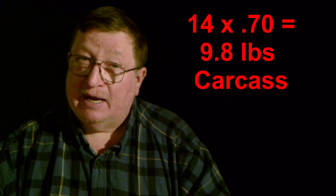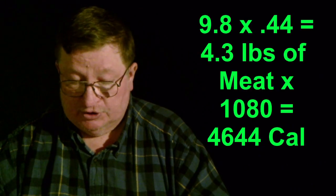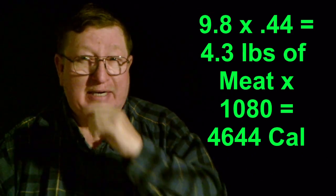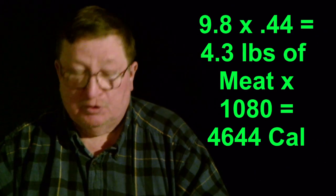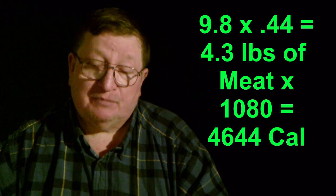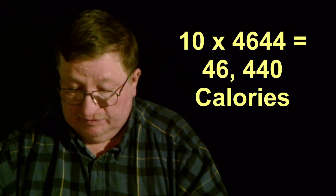Well, that 14-pound bird is going to yield you a 9.8-pound carcass. And then that carcass is going to yield you 4.3 pounds of meat. Well, goose meat is a pretty good hefty meat. It's 1,080 calories a pound. So for that 4.3 pounds of goose meat, you're going to get 4,644 calories. Now, if you raise just 10 of those a year, that's